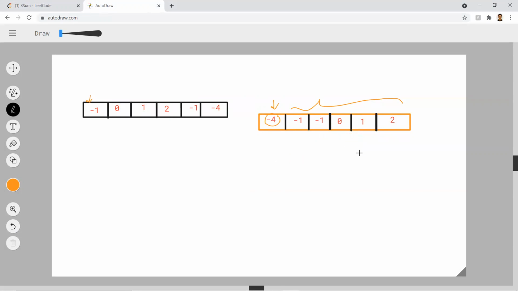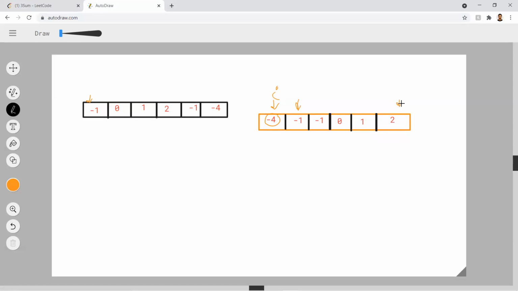This is i, the element we are currently taking into consideration, and this is the remaining array.